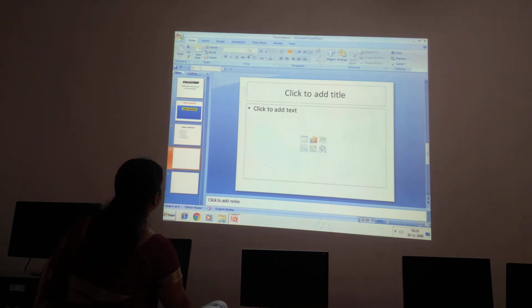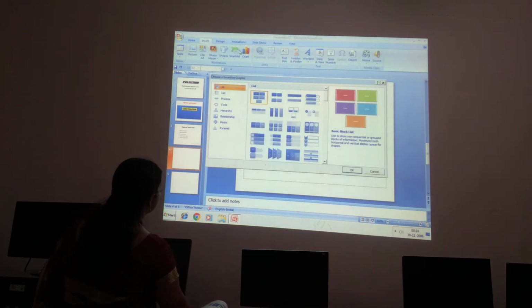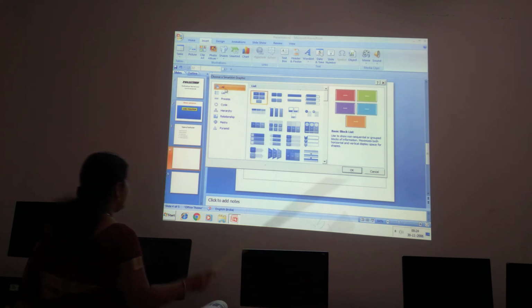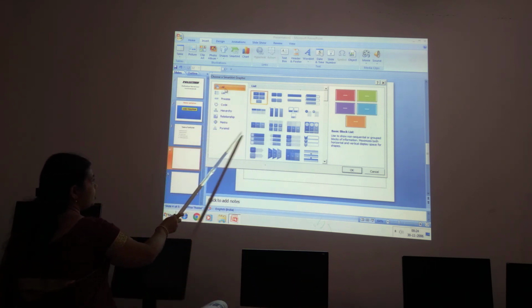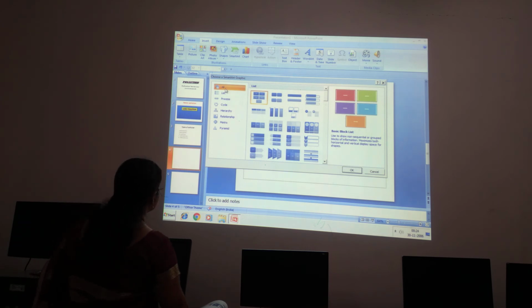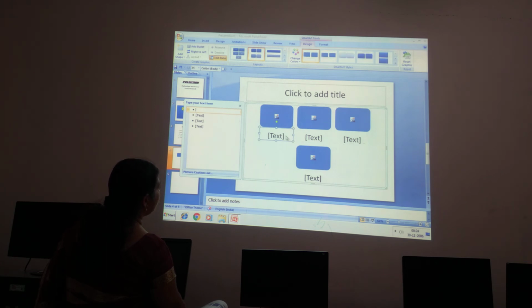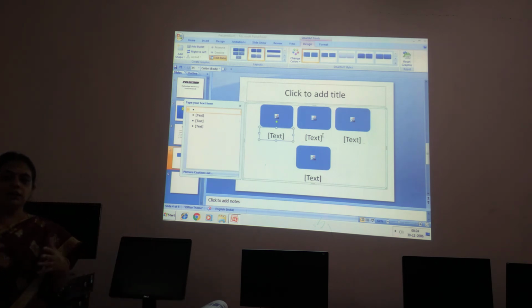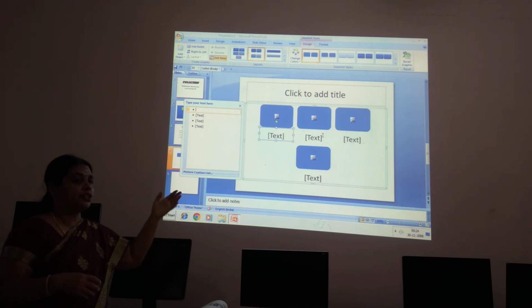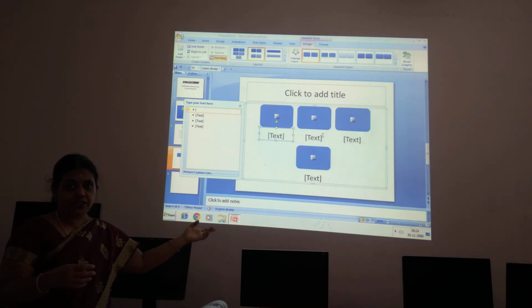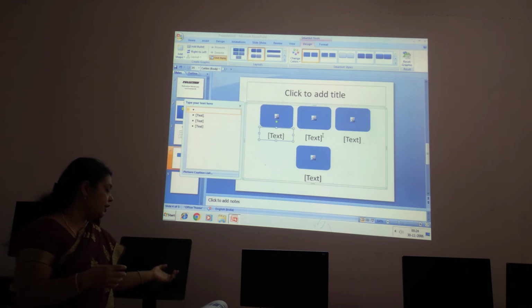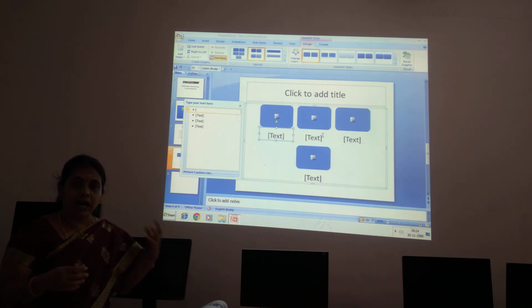Next, one more topic is smart art, children. Okay. So here you have the smart art. So you can insert so many things, children. Okay, this is a higher level only. So smart art graphic. Okay, you can click any of these and you can include it in your slide. See, it will come like this, children. See, you can type. You can create the designs. Already it is there. Just you have to type or add the pictures over that, children. Okay. So this is a use of smart art, children.